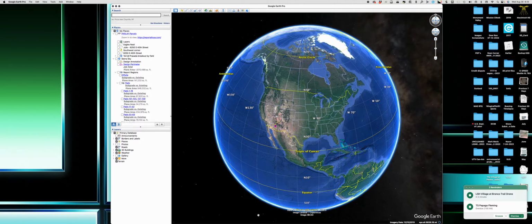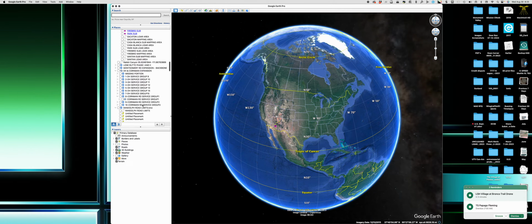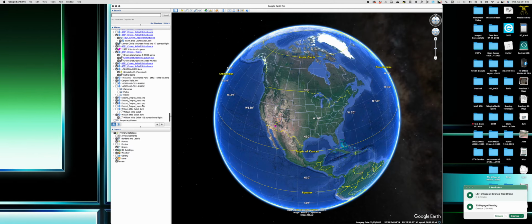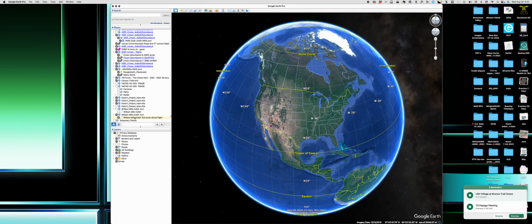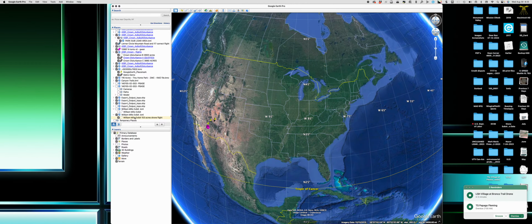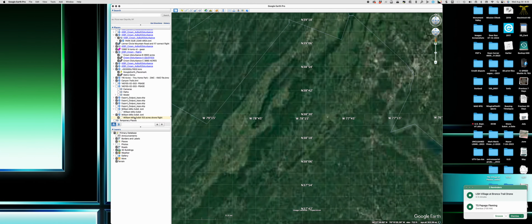On how to create a KML or KMZ in Google Earth. The reason that we ask for this is for safety and mission planning. It's extremely important for us to be able to find the area that you need us to fly and either